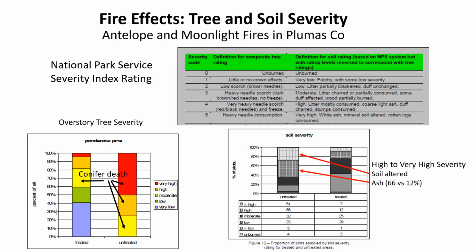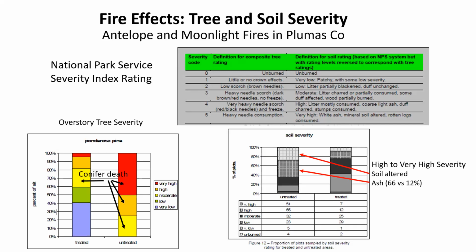So I talked about the National Park Service Severity Index rating. And this is looking more at, okay, not have you consumed the fuels, but have you changed conifer mortality or conifer scorching or torching or consumption? Have you changed how the soils are affected? And so the Park Service rating in that table up on the top, on the left, is the severity code